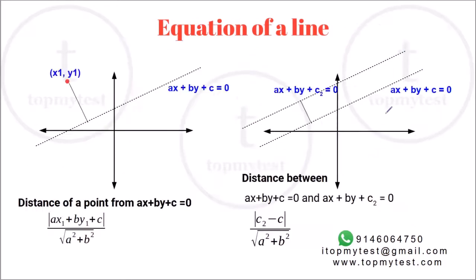Now, once you know a line, you can also find the distance of a point from that line. So if the line is of the form ax plus by plus c, the distance is given in this manner. And if you have two parallel lines, the distance between the two lines can be found here, where c2 and c1 are the constants in the equations. This is a pretty standard relation. It's used pretty widely in a lot of CAT papers, etc.